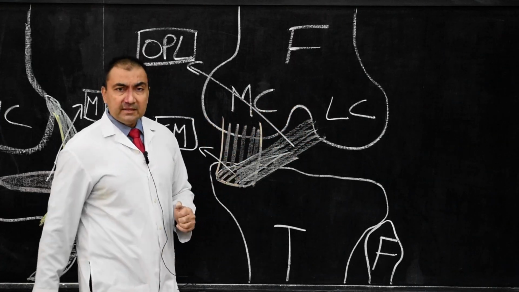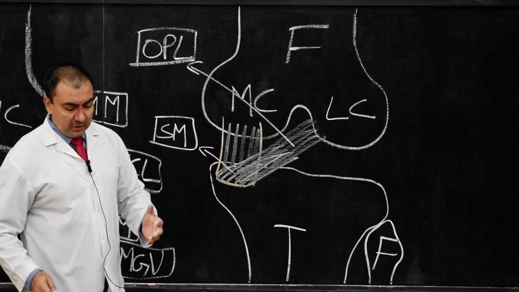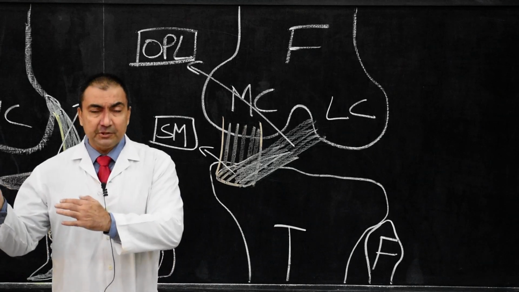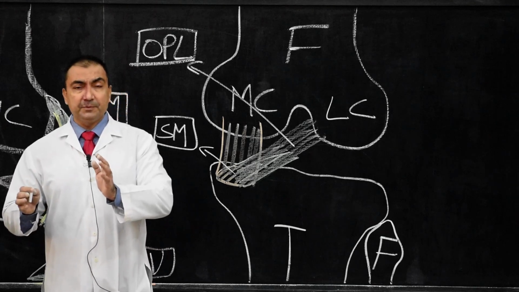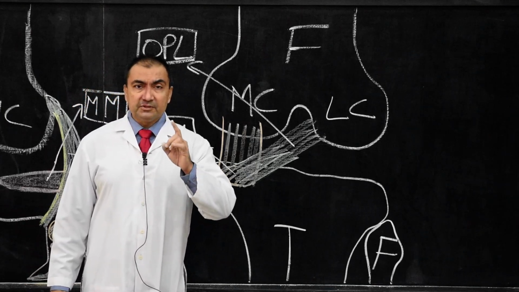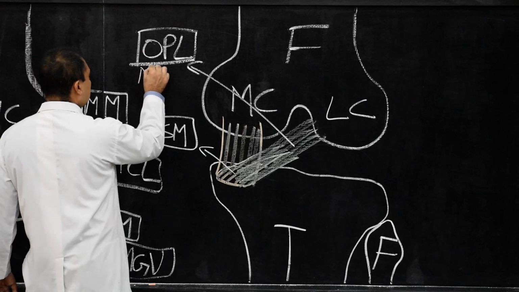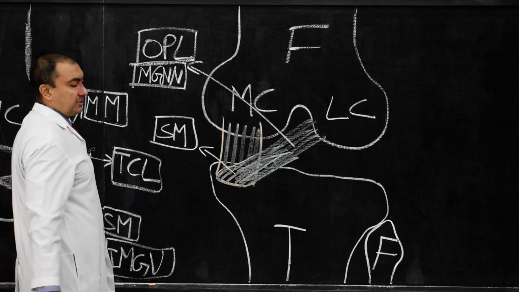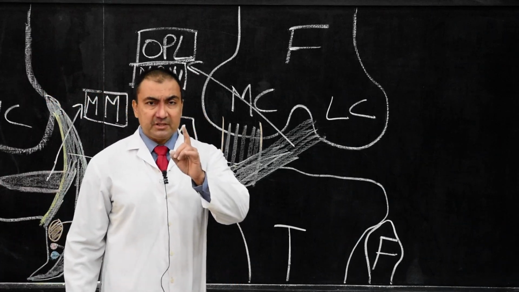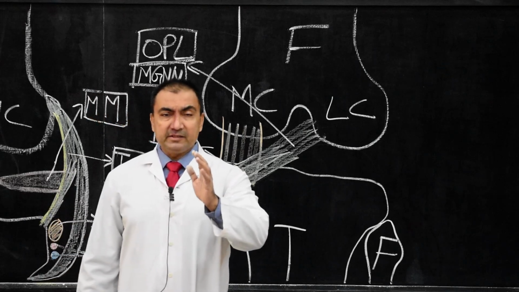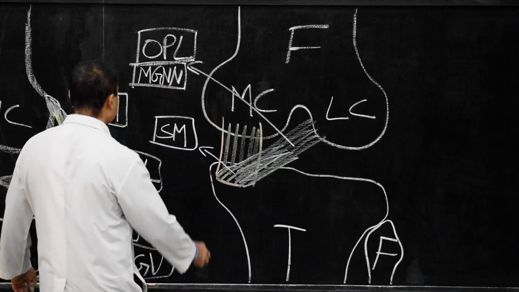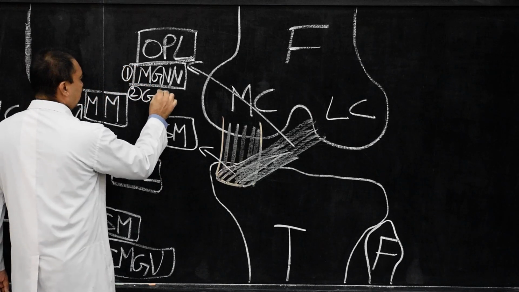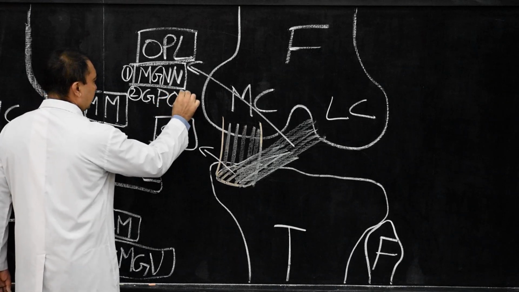Now here, one mark question answer is this, what I am going to tell you. The oblique popliteal ligament is pierced by what structures? Many MCQs can be asked for one mark question answer. The oblique popliteal ligament is pierced by middle genicular nerves and vessels. So first you write down middle genicular nerves and vessels. These structures will pierce the oblique popliteal ligament. Which is the second most important structure which is piercing the oblique popliteal ligament? This is the first structure, the second structure will be the genicular branch of posterior division of obturator nerve.